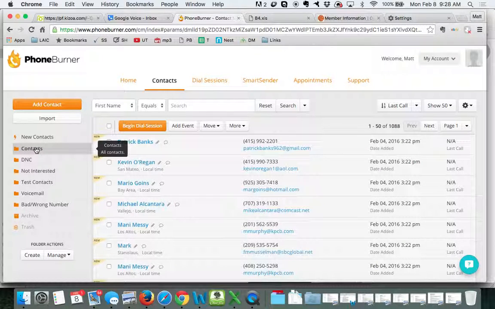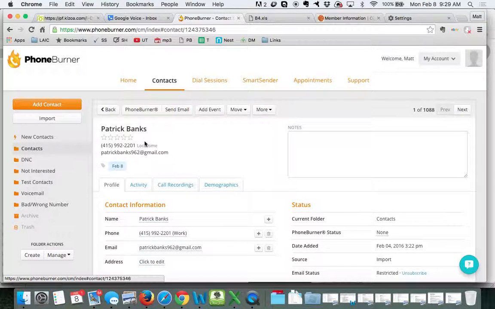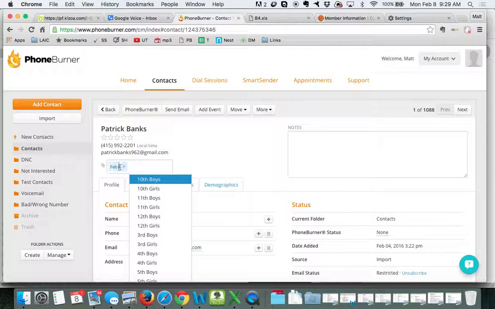Normally what you're going to do is this. In order to find out who you're going to call each day, let me show you how you open up the contact. This feature called tags is one that we'll be using a lot, and the main way that we use it is by what day we want to call them. So let's say instead of calling this person on February 8th, we decided we're going to call this person on